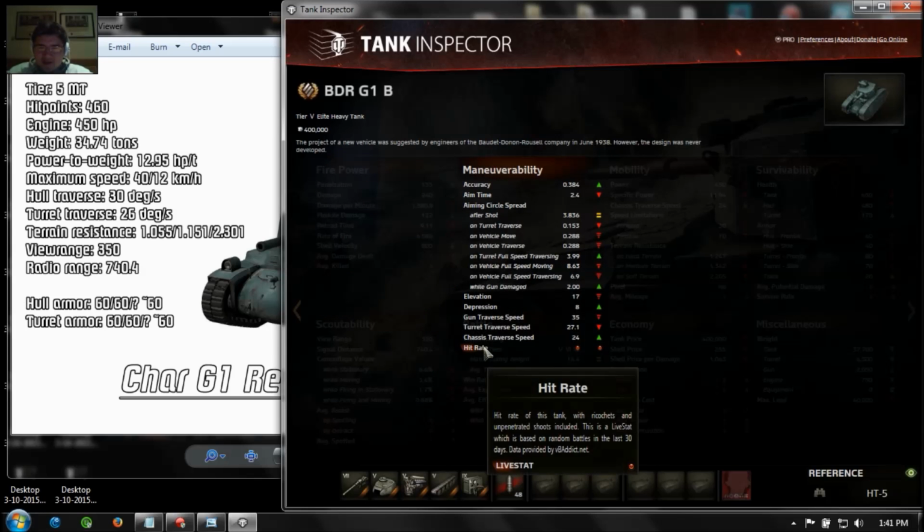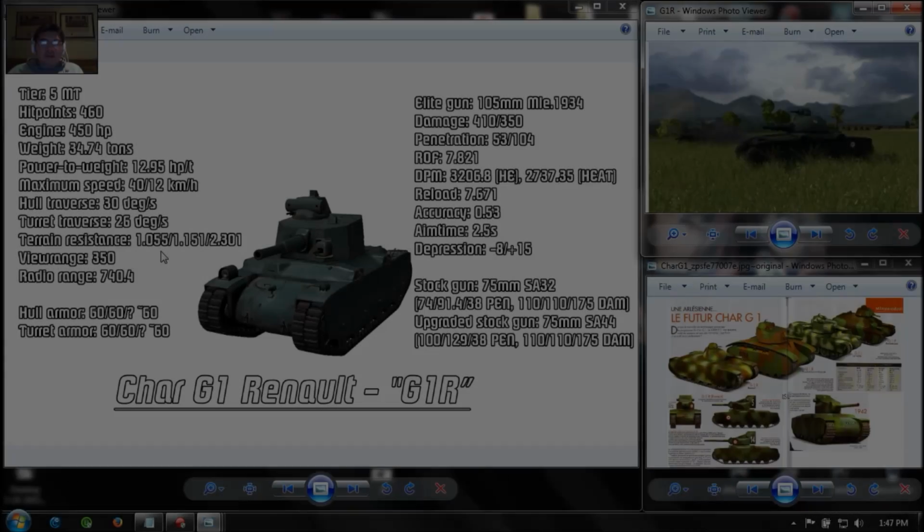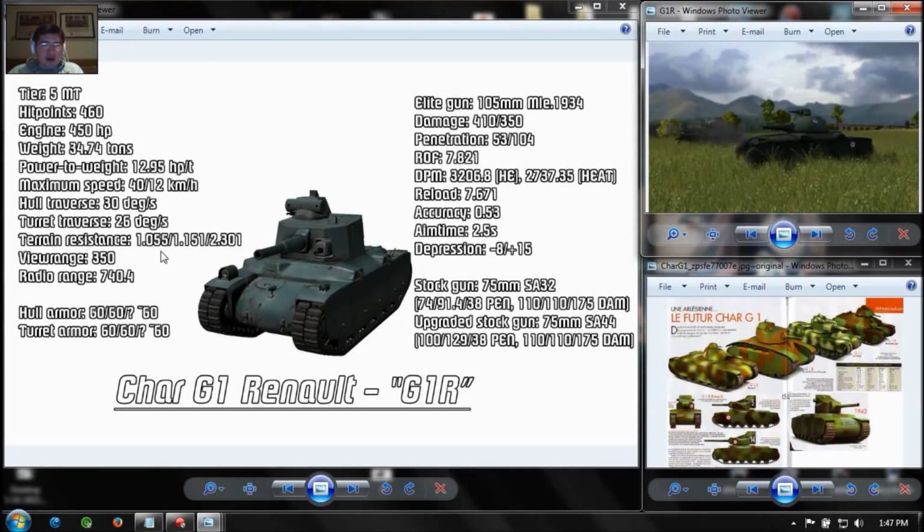That sucks. So yeah, this tank, it's weird. It's like a hybrid of a medium tank and a heavy tank, but it carries a derp gun. I mean, if it carries a 90mm gun, it's actually worthwhile, but it doesn't. It carries a 105mm derp gun. So that's weird. Alright, so the final verdict on the G1R is that this tank is kind of crap, because